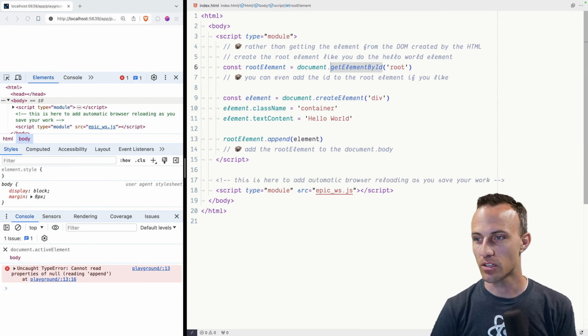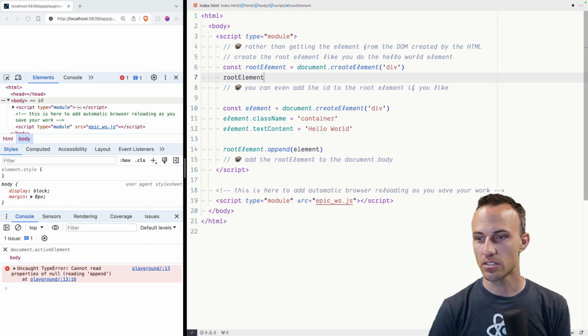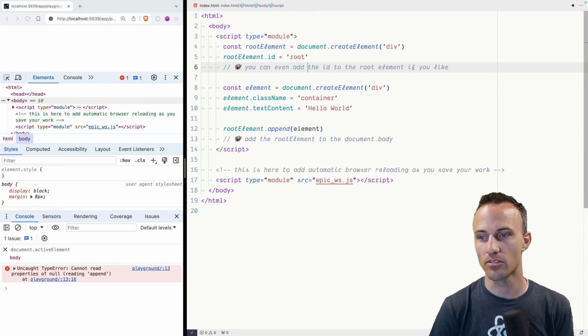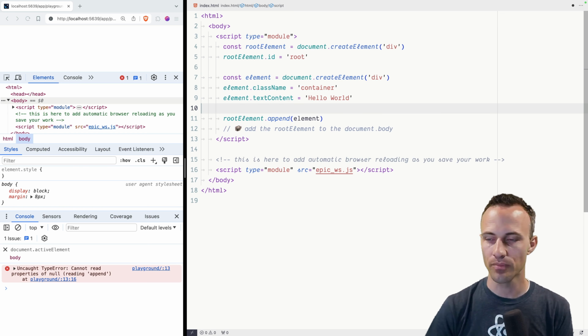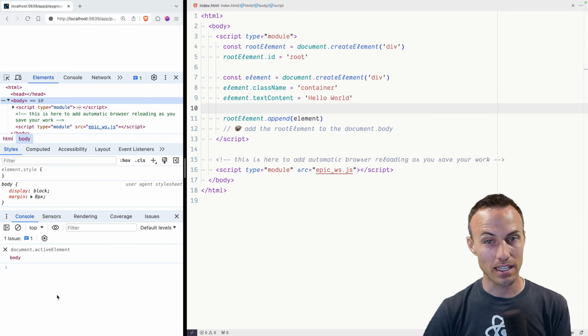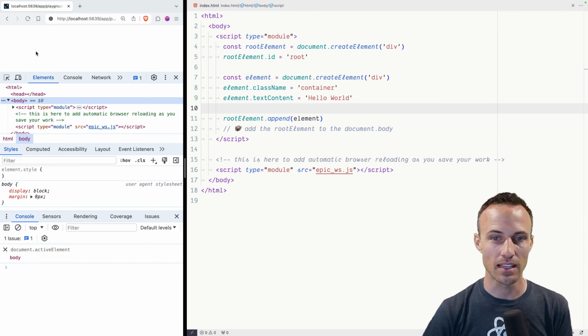So we're going to say document.createElement. It'll be a div. And if we want to, we can say rootElement.id equals root, just for the fun of it. We don't really need to, but we're just exploring the DOM right now. No problem. Save that, and now we're no longer getting the error,